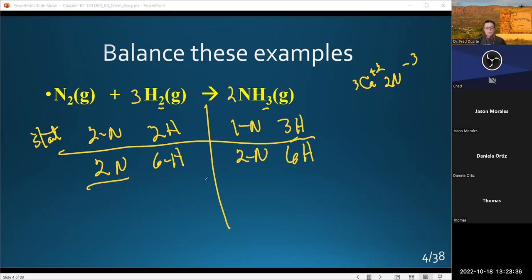I got 2 nitrogens as reactants, 2 as products, 6 hydrogens as reactants, and 6 as products. And that was done by recognizing that I got 3 hydrogens here and 2 over here. Maybe I find a common factor, common number, see how that works. And in this scenario, it worked. Okay. All right. So now our ratio is between